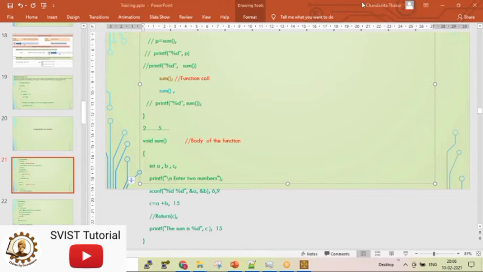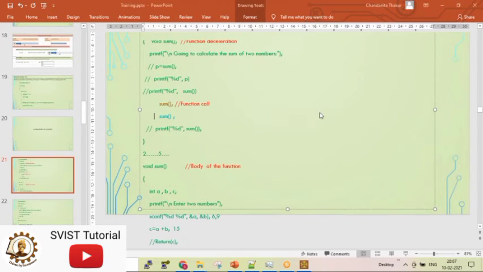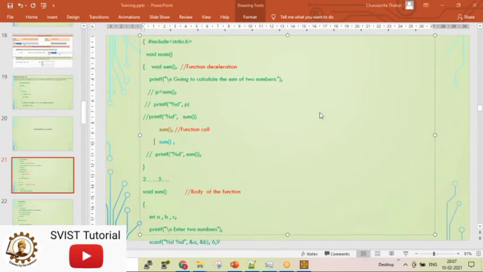Okay, very good for understanding. So next time the sum function will be called, the blue color sum. It is just sum only, I am changing the color just to distinguish it. This is the second call. So again it will be called and again this will be executed. Control will return back here. Now, nothing is there to execute, so it will end. So this is the simplest form of function execution.